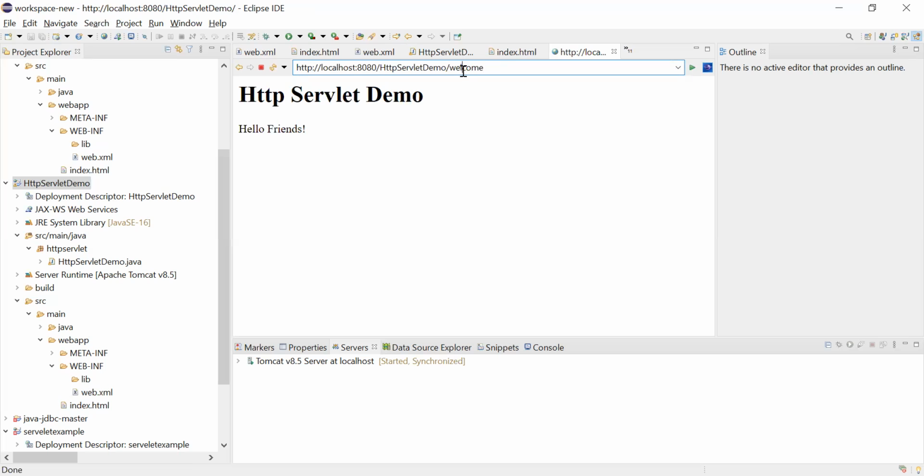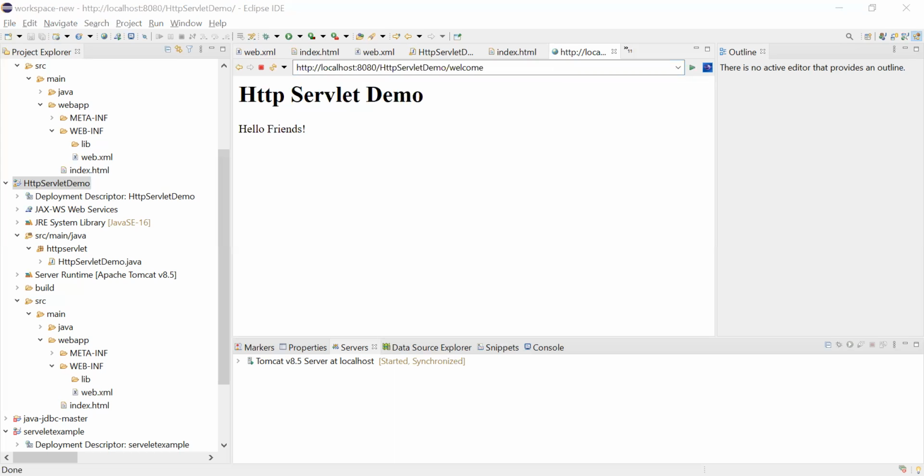Yeah, on top of this HTTP servlet demo, welcome is added. Once the welcome is added, this request will call your generic servlet. If you want to see this, you can run the same thing outside, it is actually using the browser inside. Which browser is it using? I think it is Internet Explorer.